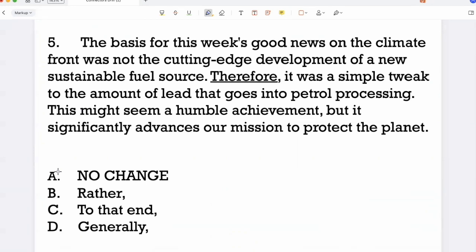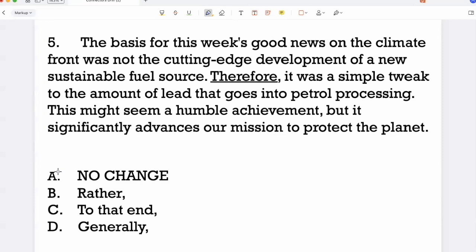Okay, so the first line talks about some good news on the climate front, and it says that it's not some cutting edge development of a new sustainable fuel source, right? Because we all know that one of the chief aims of the climate movement is to come up with a sustainable fuel so that our reliance on fossil fuels can be reduced. But that's not what we are talking about. It is a simple tweak to the amount of lead that goes into petrol processing. So the good news comes from this simple change in the amount of lead that is used in petrol. And even though that seems to be a humble achievement, it is something that will significantly take forward our mission